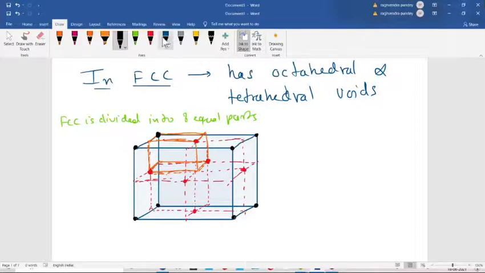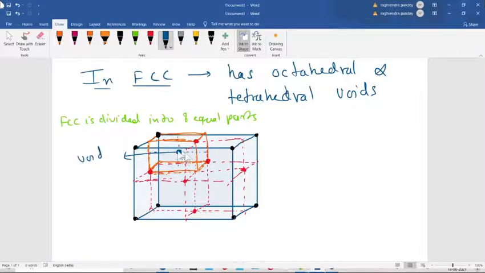So here at the center of the 1/8 cube, this is the center of the 1/8 cube. So this is the void. Okay, this is the void. So which type of void is it?